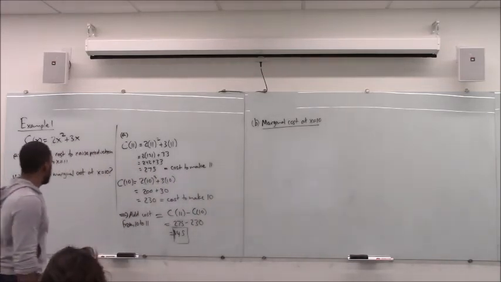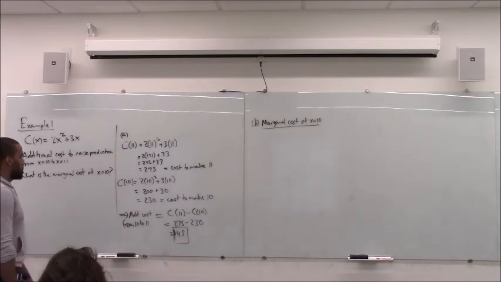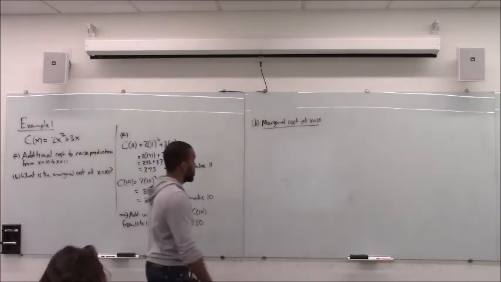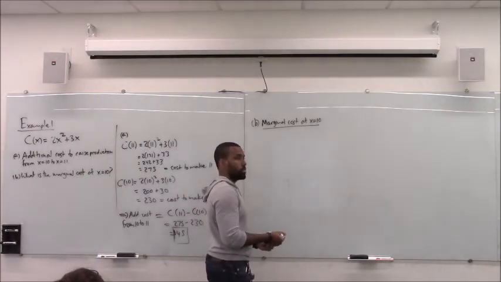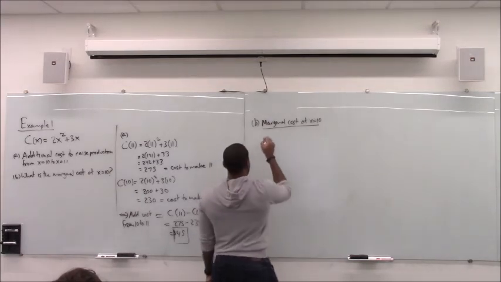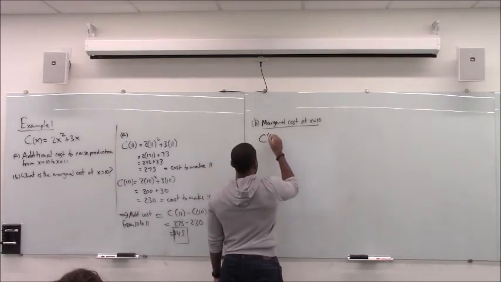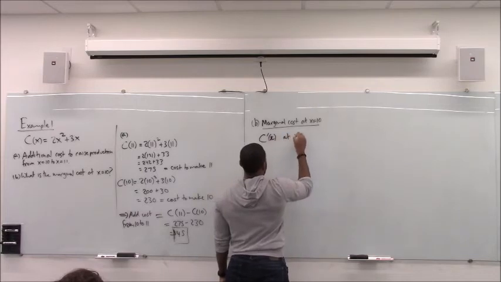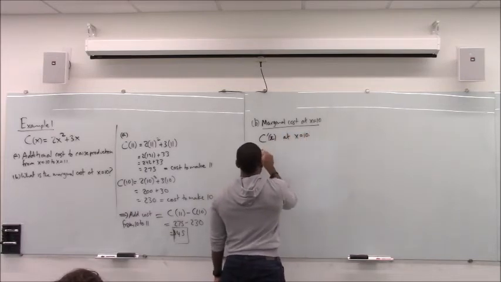Okay, so we go to B. What is the marginal cost when x equals 10? What is that asking for? Yeah. Derivative of the cost. So this is the derivative of the cost at x equals 10. Okay, so the derivative is